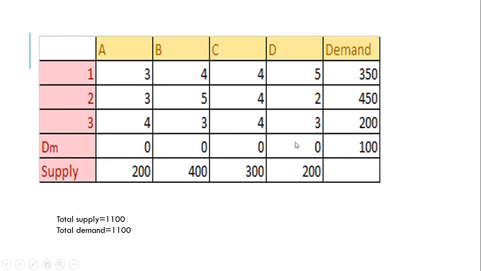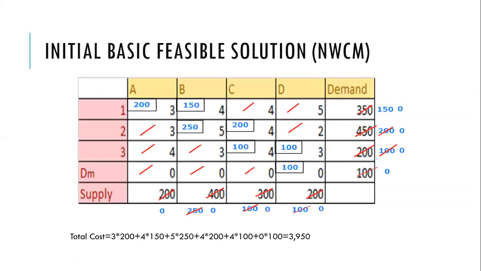The next step is to find the initial basic feasible solution by using any of the 3 approaches which we have discussed. Here I have found the initial basic feasible solution by using the northwest corner rule. You know how to find it using this approach. Every time we allocate resources to the top left corner of the table, and finally find the initial solution for the given problem. The initial solution obtained here is 3950.